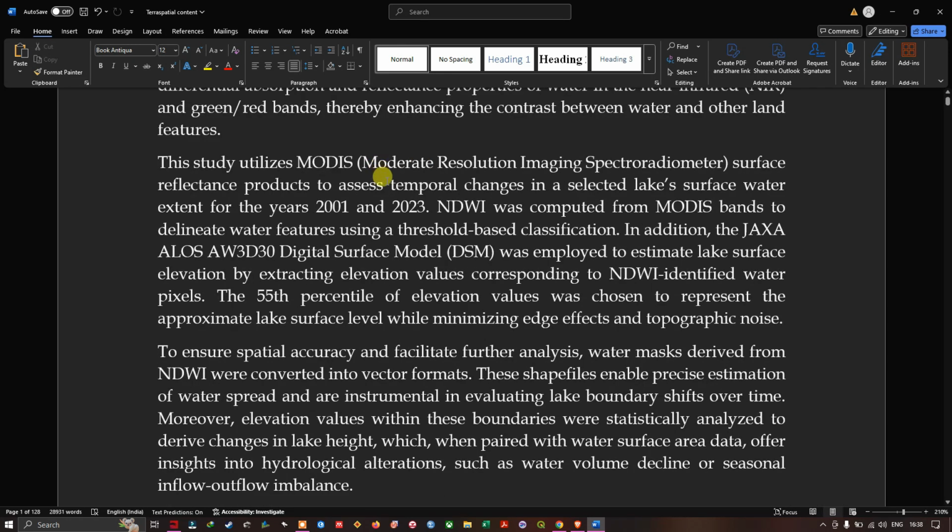This study utilizes the MODIS surface reflectance product to assess the temporal changes in the selected lake surface water extent for the years 2001 and 2023. NDWI was computed from MODIS bands to delineate the water features using threshold based classification. In addition, the ALOS digital surface model was employed to estimate the lake surface elevation by extracting the elevation values corresponding to NDWI identified water pixels. And the 55 percentile of elevation value was chosen to represent the approximate lake surface level while minimizing the edge